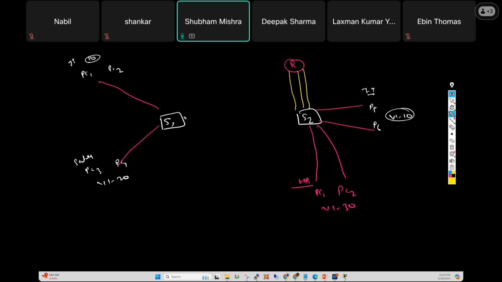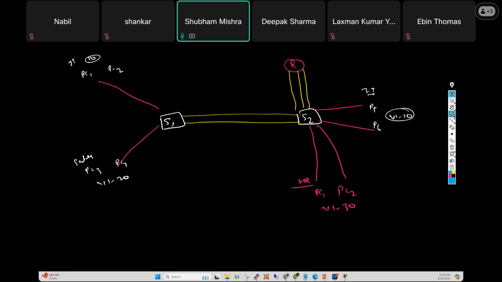Between the switches, we are using 2 links. Between the switches, we are using how many links? 2 links. Can anyone tell me, is it correct or is there any problem? Try to understand the thing here. What I am trying to say,